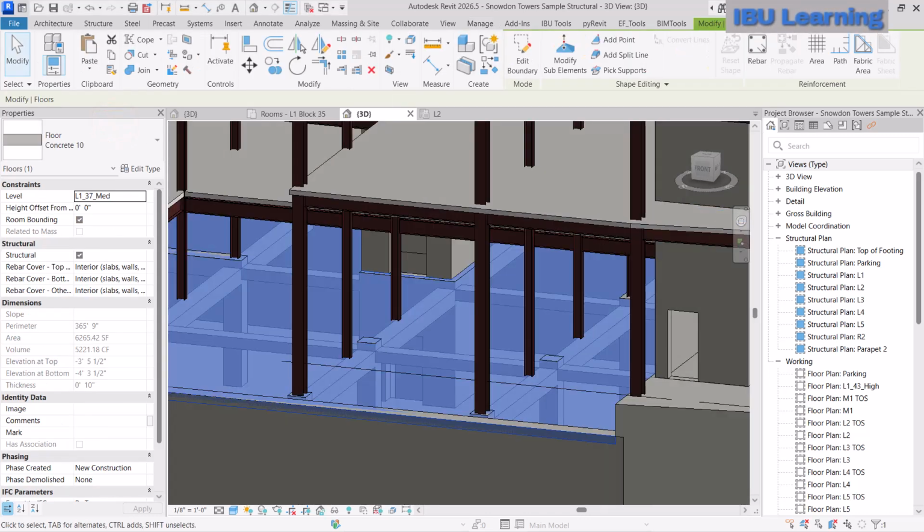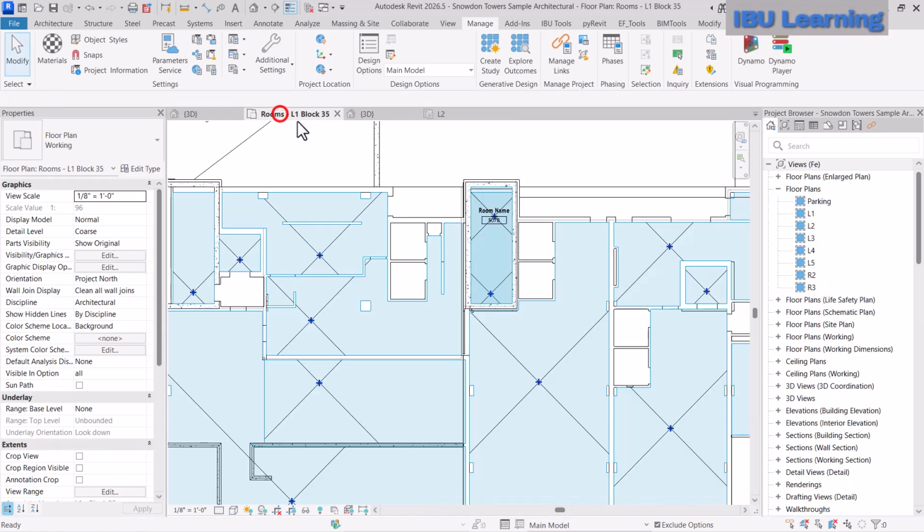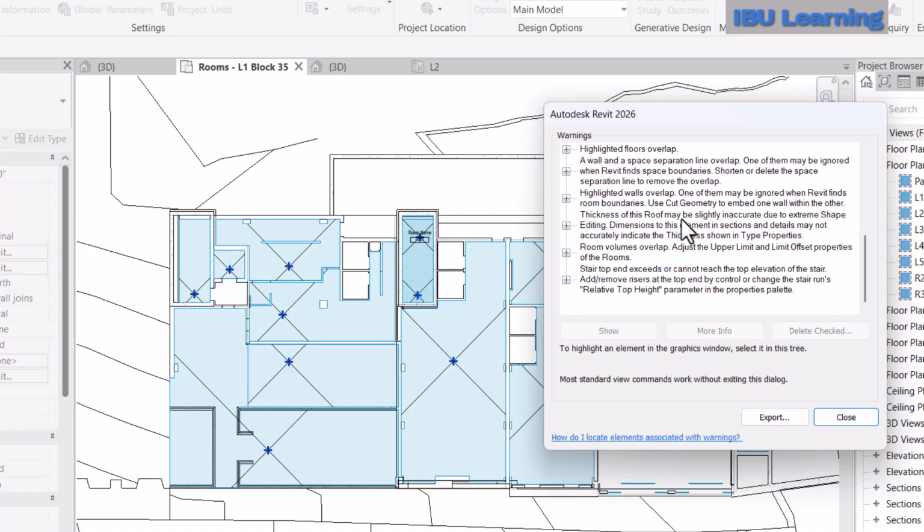Next, room and space warnings are also important when the project depends on area calculation, schedules, or asset information. For example, if a room is not enclosed, or a redundant room separation problem, these may not affect model geometry directly, but they can affect schedules and project data. So if you go to this model here, and I move to one floor, here you can see there are some rooms. I'll go to the warnings, scroll and check for any warning related